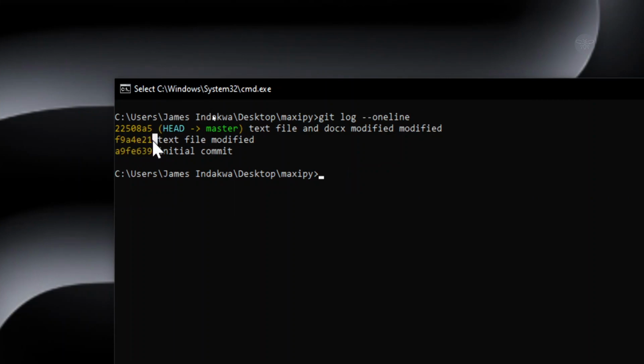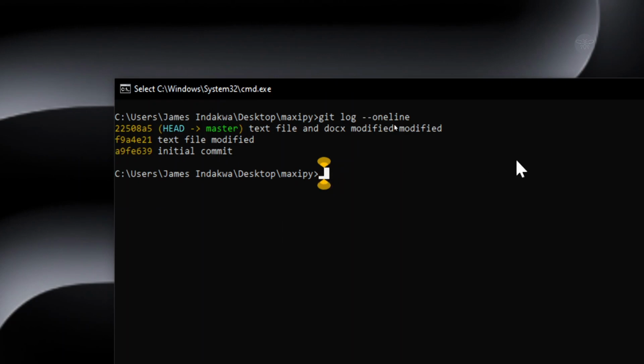You need to copy the identifier: highlight it, then right click it, or you can use Control C to copy the